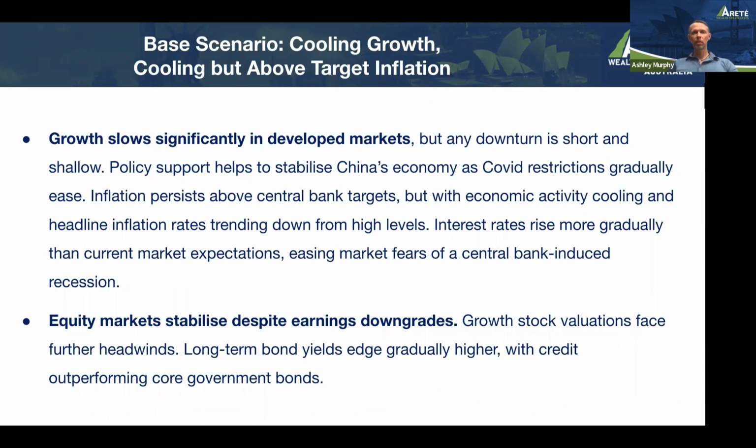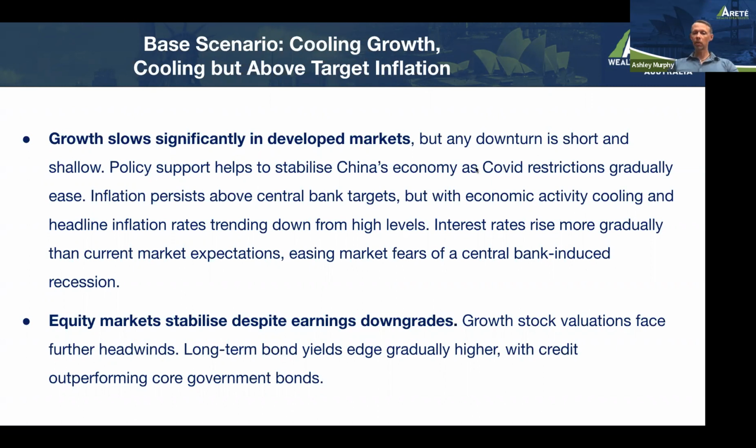I think this is just a hiccup. It's indigestion, dealing with the money supply that came about from COVID, the money and the demand supplies and the lack of supply of inventory that came about from COVID, and we're still getting through that. It's not entirely behind us, but it's rather seeping into an endemic state. Okay, so downturn is short and shallow. I think that's what we're seeing. I'm very confident that that's what we're going to see. Hopefully it's not one of these worst case scenarios that you're about to see in a moment.